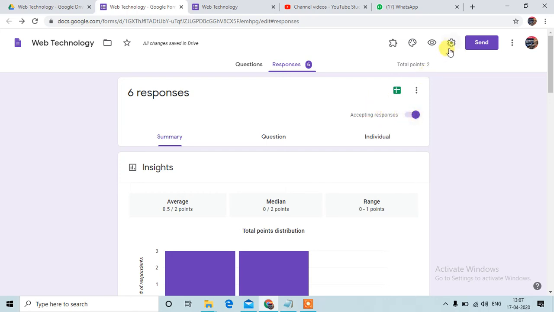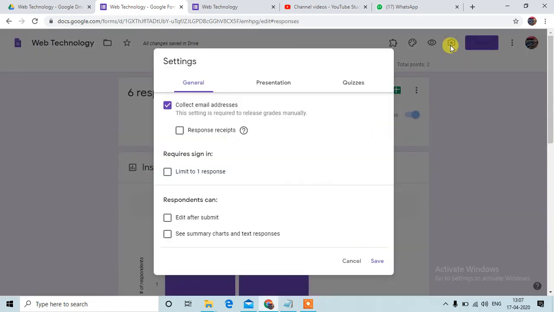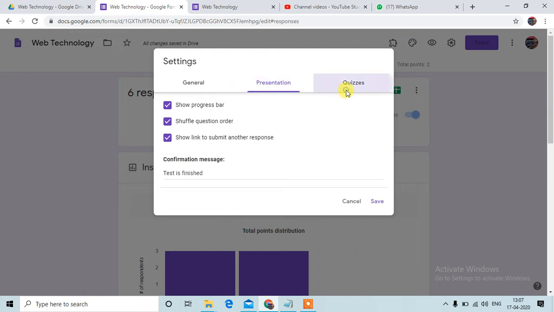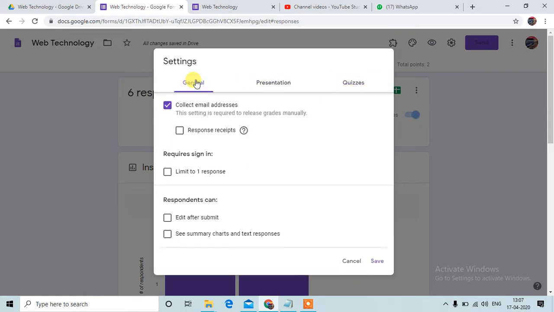Then there is a settings option. So click on settings. In the settings option there are the general tab, presentation tab, and quizzes tab. In the general tab, if you want to collect email addresses, then you can check this.